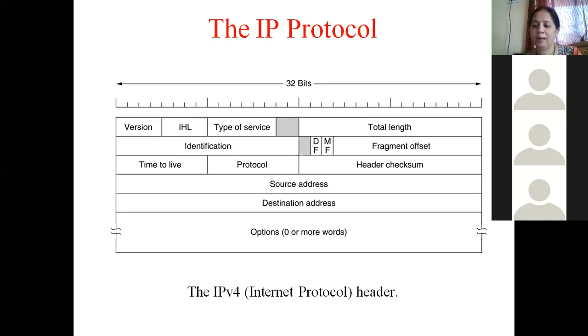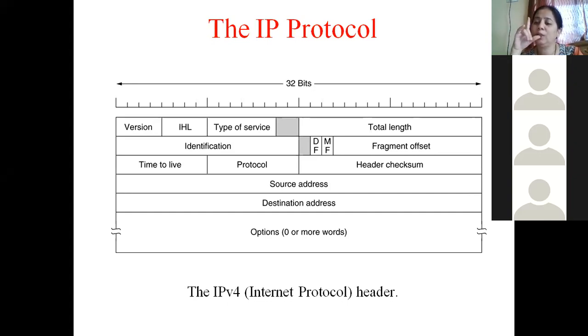Now, in the fixed part that we learned yesterday, we had learned this particular field, which is a 13-bit fragment offset, and 2 bits which are single-bit fields. One is called DF, the other one is called MF. And one more field, which is unused, shown in gray color, again a 1-bit field. I hope you all understand what is meant by a 1-bit field. A 1-bit field means that field is going to contain only 1 bit. That bit can either be a 1 or it can be a 0.